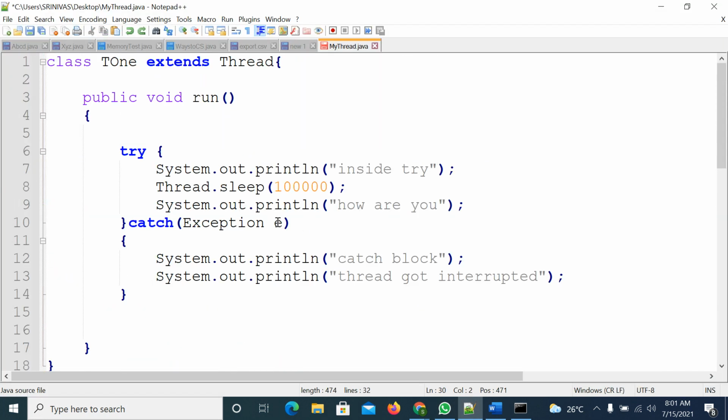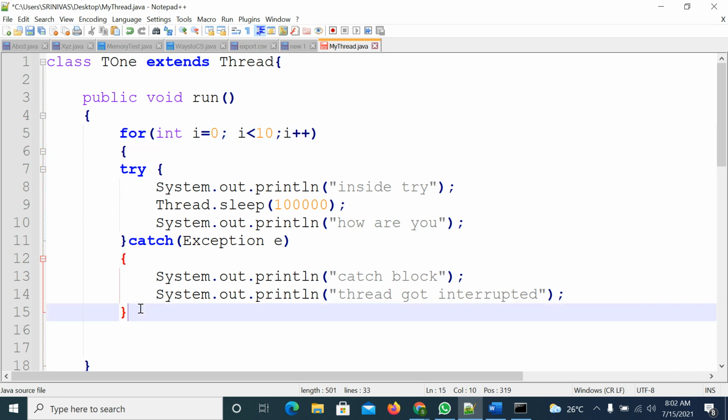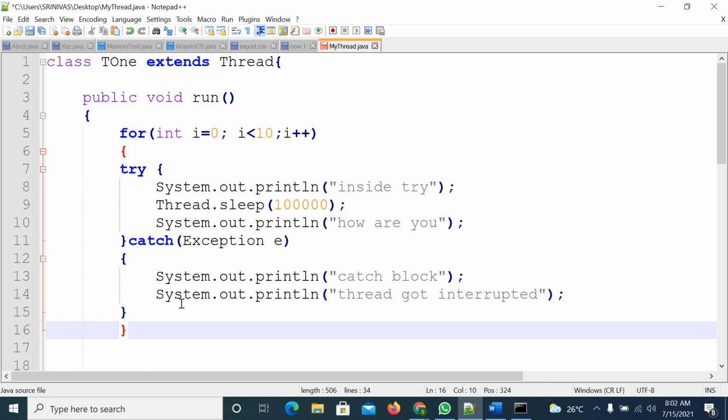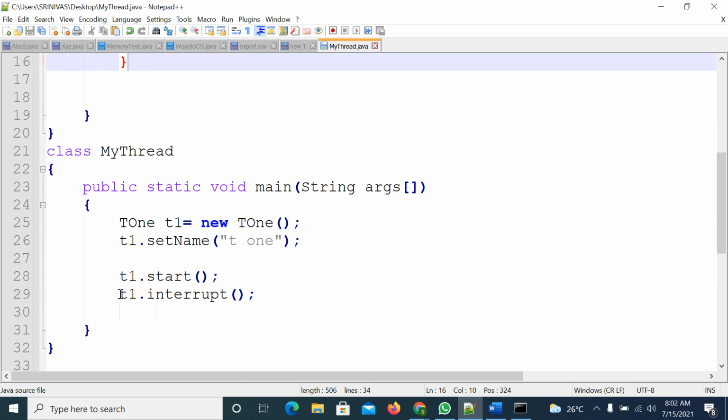Right. Suppose you are using a for loop here. So the for loop started, the for loop ended. Observe here, this for loop will be executed 10 times, but you are not calling the interrupt method 10 times.